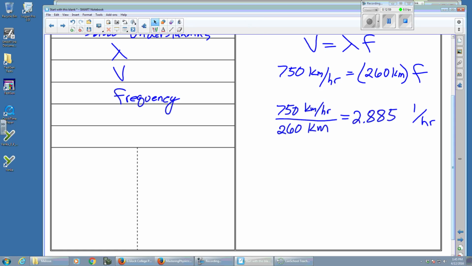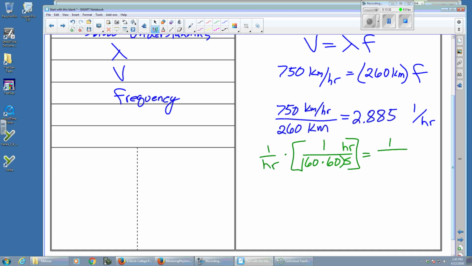So, kind of as a side note, if I have 1 over an hour, remember to convert anything, you have to multiply by the number 1. I want hours up top so they cancel out seconds on the bottom. And hours is bigger, so I make that the 1. And there's 60 minutes and 60 seconds in an hour, so it's 60 times 60. So I end up with 1 over 3,600